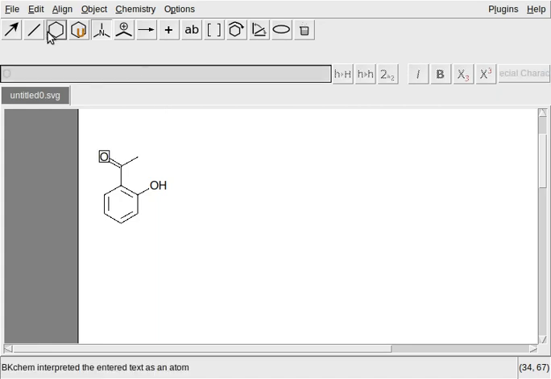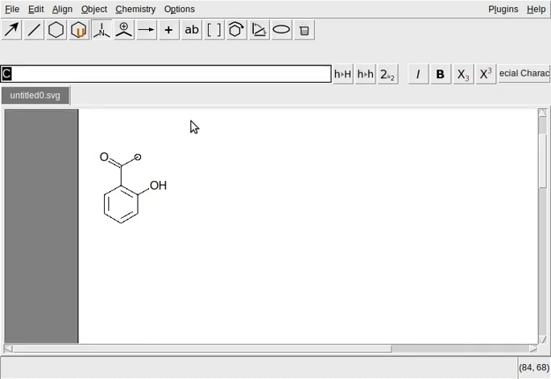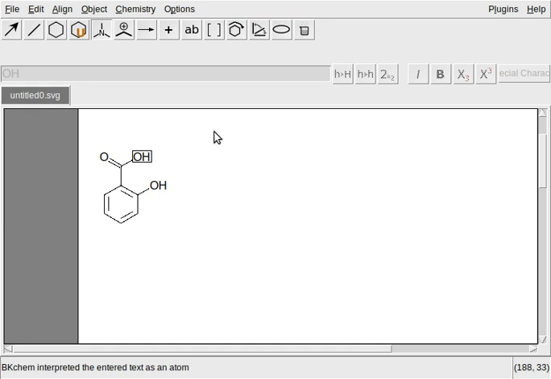This O is ready. Then we may not do the deselection attempt. We can click directly here and type OH. This will work still. OH. So the salicylic acid has been made.